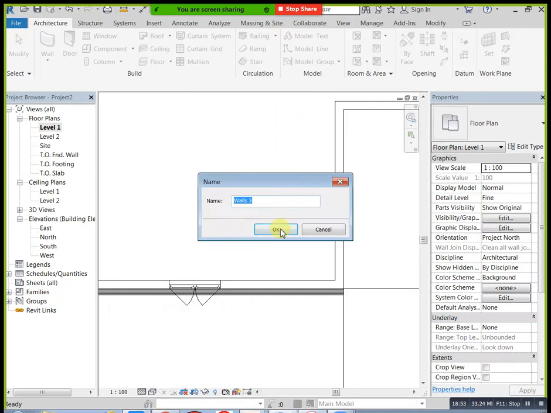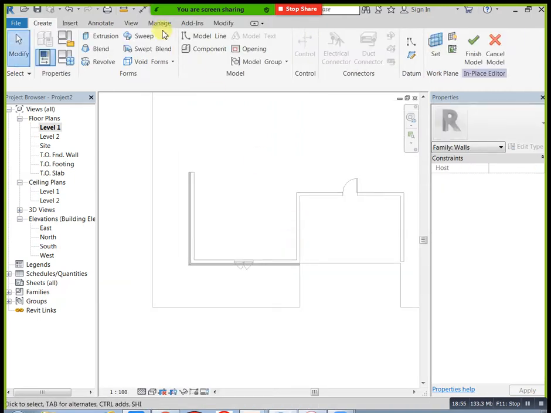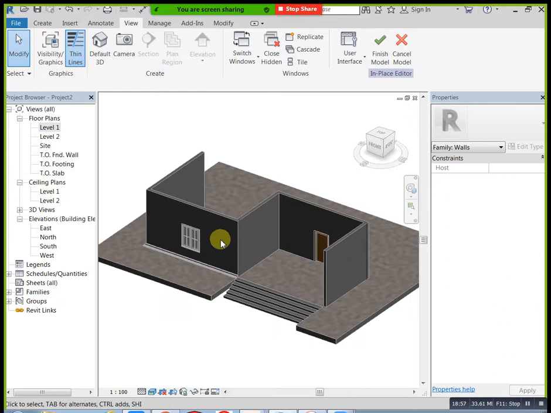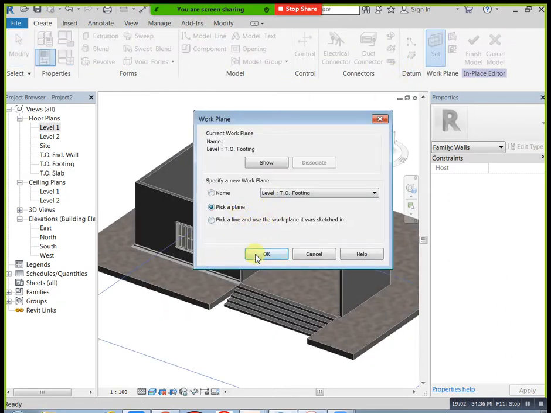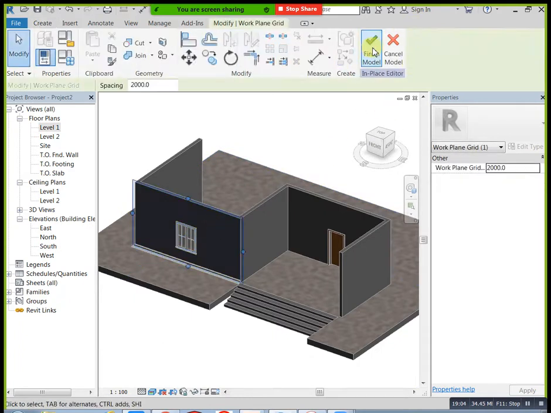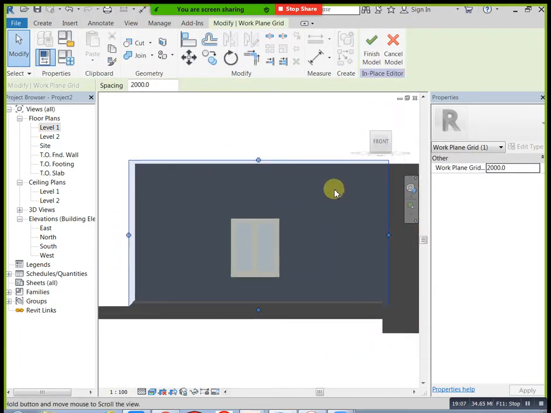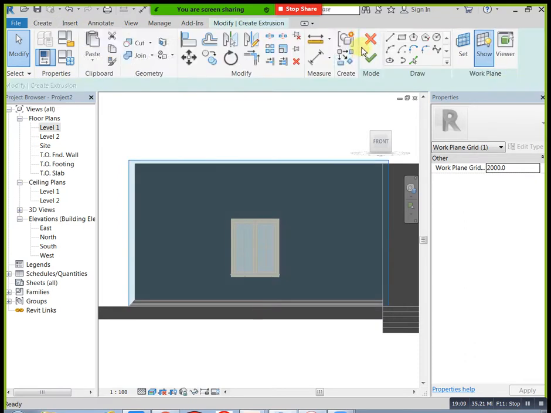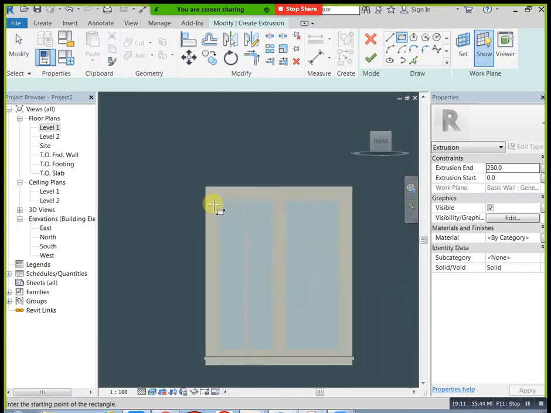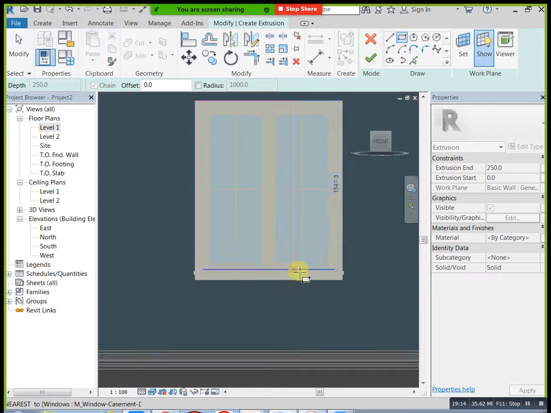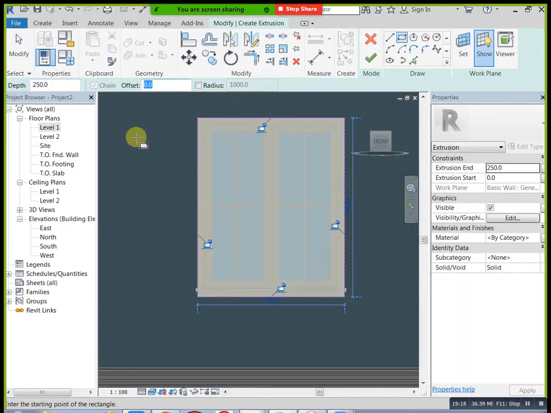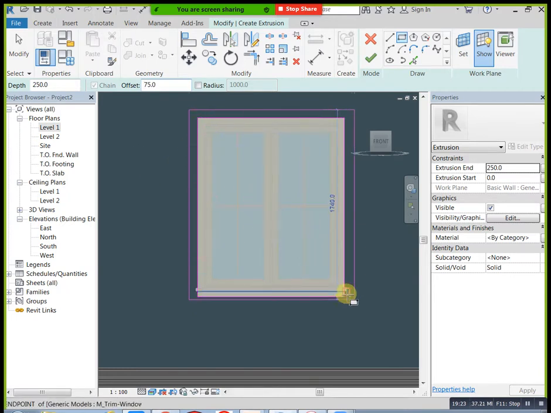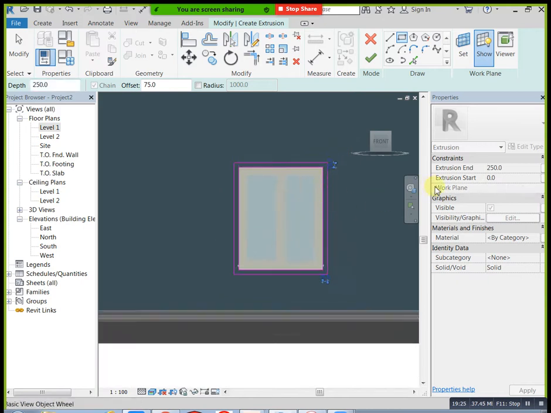Okay, then you can mention here. Go to front now, create. Just I need to apply, close this one, here to here. At the same time you can apply 75 extra. Okay, and you will take 1 feet if you need.